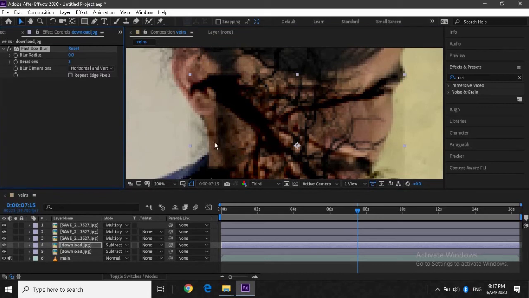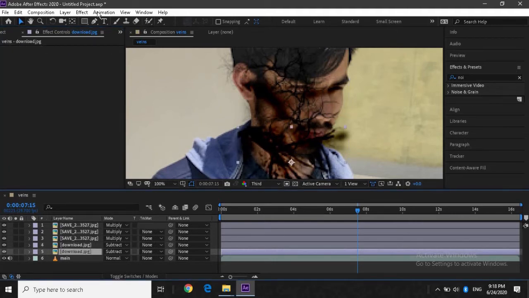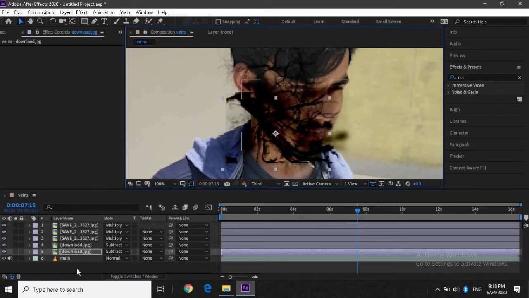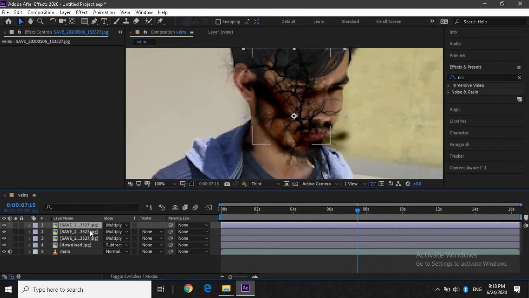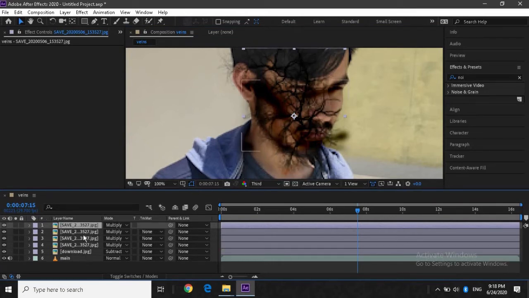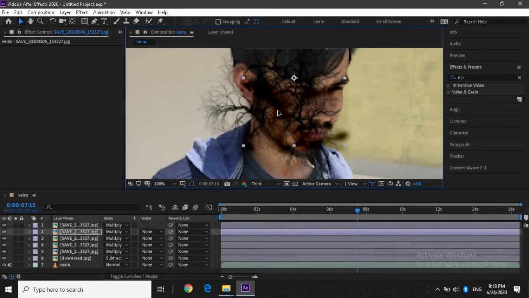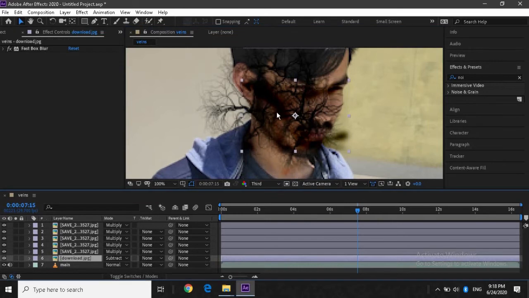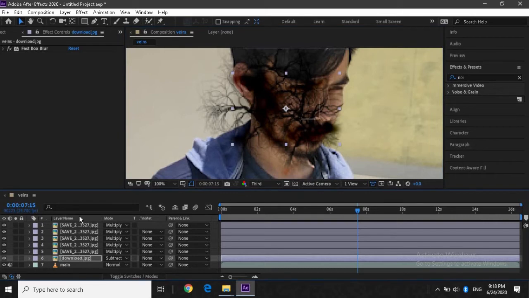Actually, After Effects blurs are pretty great. Let's make this a value of like 5. Set it according to how you like it. And actually I will delete this one, I don't want this one. So let's bring in some more of these veins and check out how it will look. Yes, it looks pretty good.